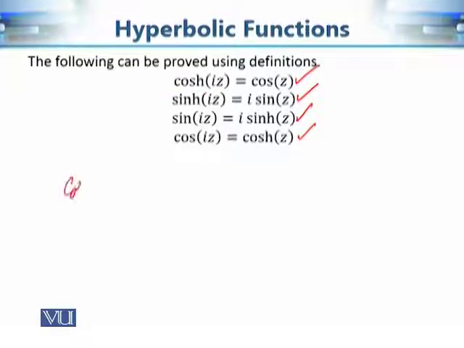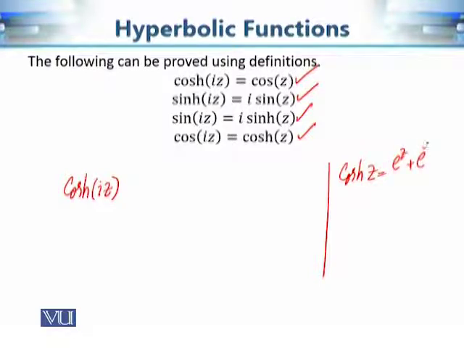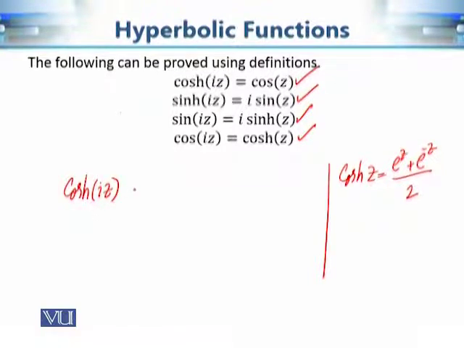So of course, cosine hyperbolic iota z. If it is cosine hyperbolic z, then this is going to be equal to e raised to power z plus e raised to power minus z divided by 2, and if it is cosine hyperbolic iota z, then it is going to be equal to e raised to power iota z